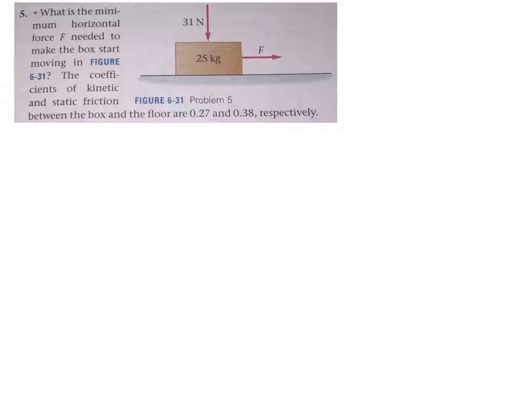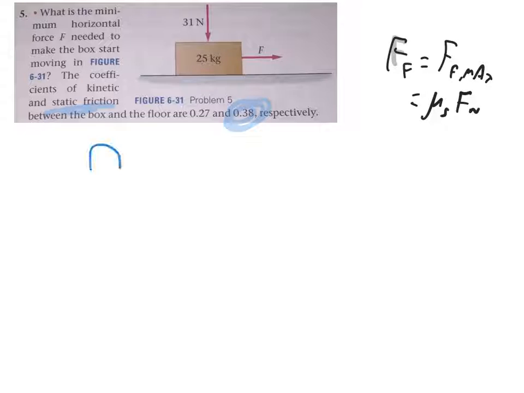Chapter 6, Number 5. What is the minimum horizontal force F needed to make the box start moving as shown in the figure? The coefficients of static and kinetic friction are 0.38 and 0.27 respectively. So to make it start moving, it's going to be the static coefficient that matters the most, because it's not moving. And we're going to assume that the frictional force